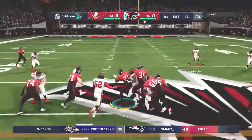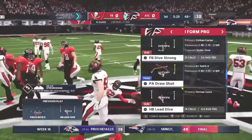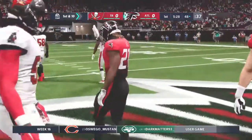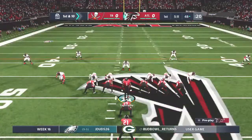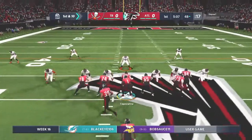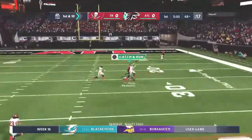They'll try and get it with Geis. And he's got enough for the first across midfield to the 48. They're able to convert with a gain of 4. Defensively here, you're facing a top 5 team in terms of points scored in the NFL. So when they're that high-powered, you've got to find a way to hold them under 20. Because to me, that's the magic number. 20-point score gives yourself a...